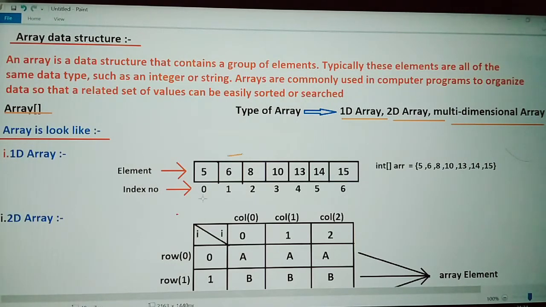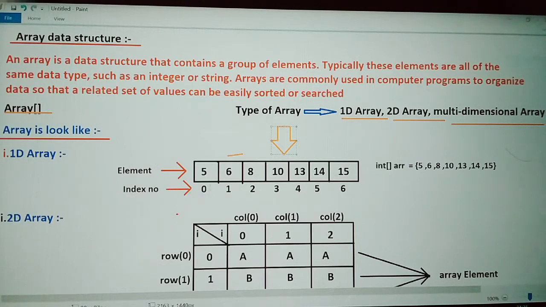And here you can see the index number. 5 is an element of the array, 6 is an element of the array, 8 is an element of the array and so on. All of the things in the boxes are called the array. All of 5, 6, 8, 10, 13, 14, 15 are array elements.